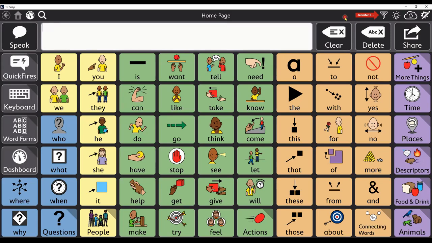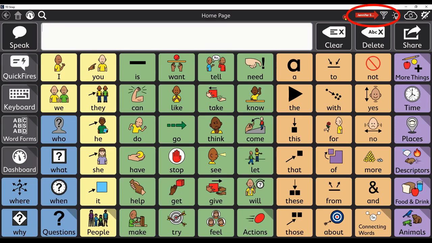When using the vocabulary filter, you do not want to have this tool turned on at all times, as it limits the individual's ability to explore other buttons and say more than what you have hidden or available on the page. With that in mind, let's get started learning about the vocabulary filter.